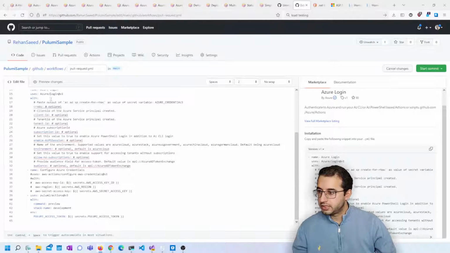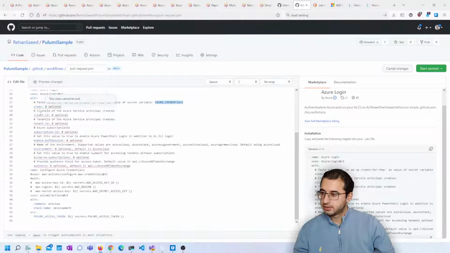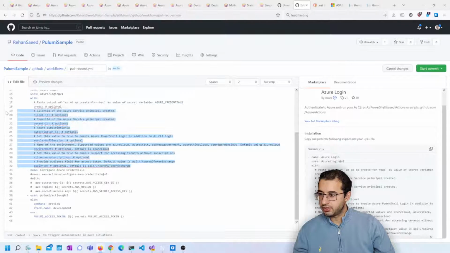Azure login with creds: paste the output of Azure add as a value of the secret variable Azure credentials. So there was another way of doing this that was probably easier. Creds. Azure credentials, client ID, tenant ID, scripts enable. Azure PowerShell login in addition to Azure CLI login. Name of the environment. Supported values are Azure Cloud, Azure Stack, Azure Government. We're not using any of that. Audience. Okay, so the easiest way of doing this actually